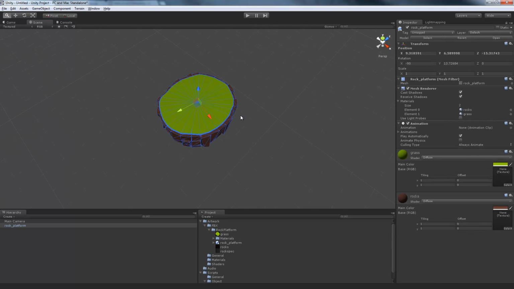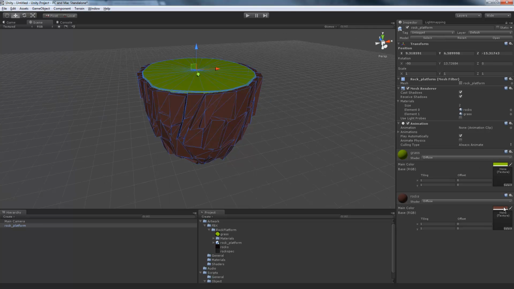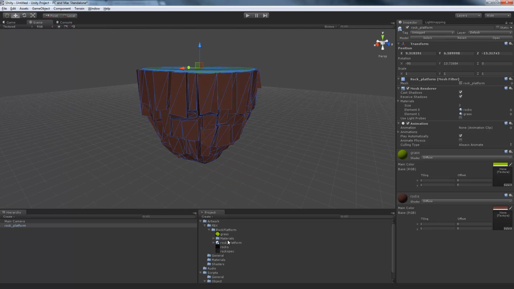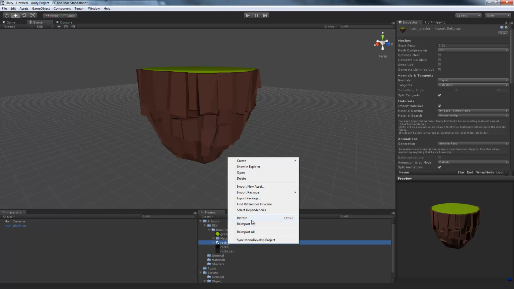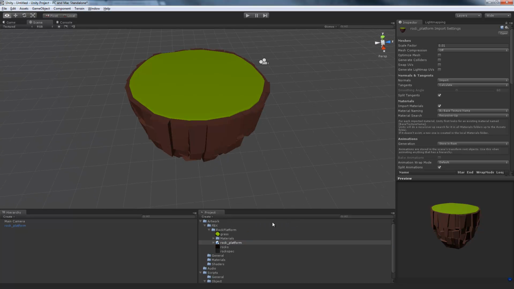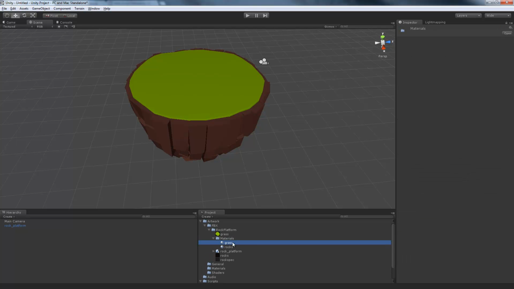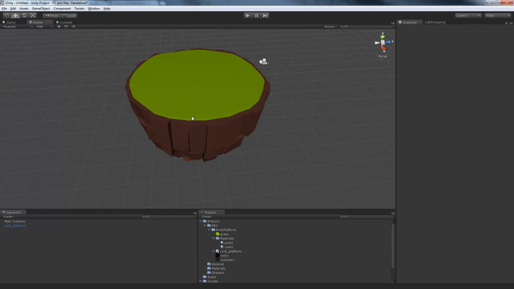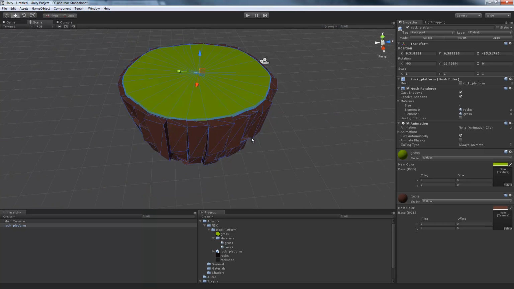Okay, we can see that it's actually not textures. What it's done is it's grabbed the material colors from 3D Studio Max, and because I didn't have the textures in there at the time, it hasn't applied them. So what I'm going to do is re-import. Nope. Okay, so the materials on here might be a 3.5 thing, or might just be how it was exported. Material naming by base texture name. So the texture names are the same as the actual texture names, but we're not seeing textures automatically applied to this